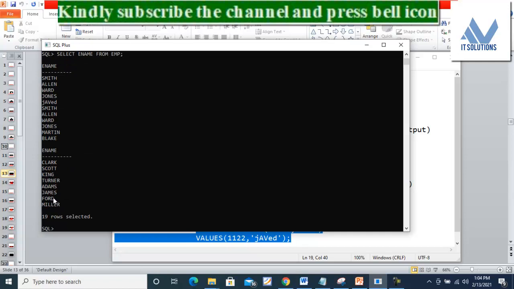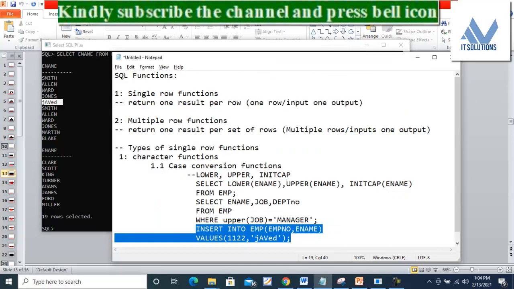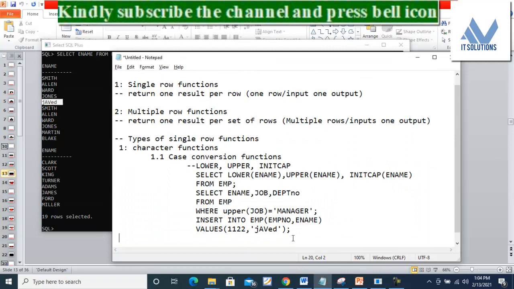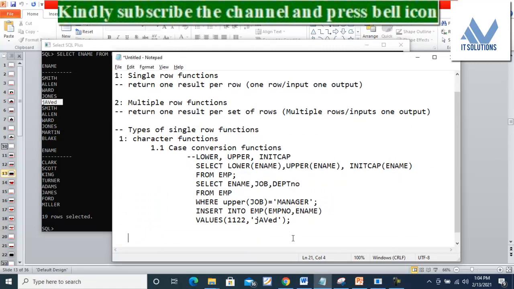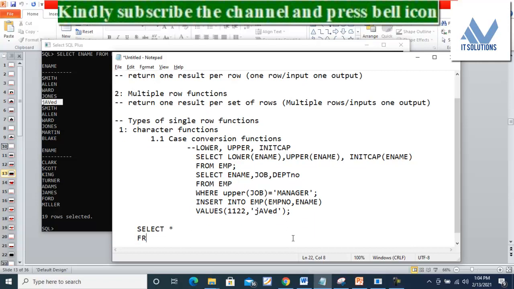So here, where is the Javed? Let's see here. So now Javed is stored in this order. Some characters are in lower case while some characters are in upper case. Now how will you retrieve the Javed record? Because it is very difficult to memorize these kinds of data or order. So what will you do? For example, if you want to retrieve the Javed record, which query will you use? Select ename, or just write select star, no problem, from EMP